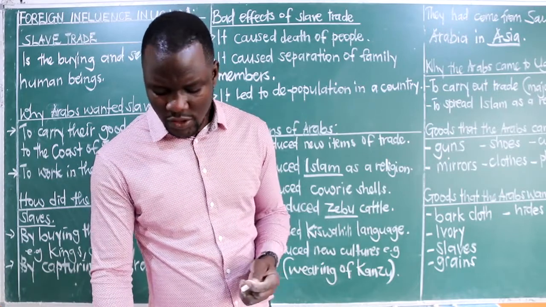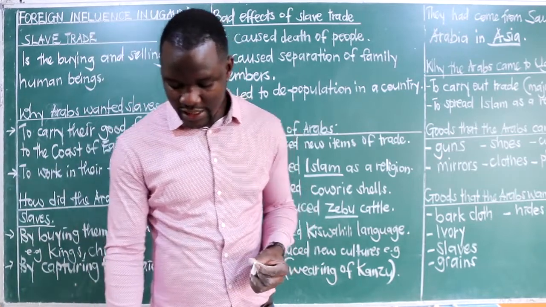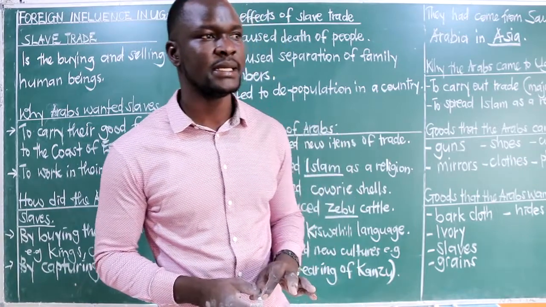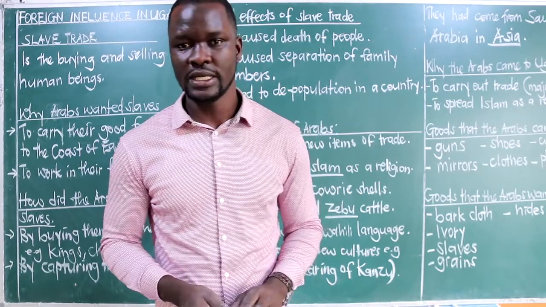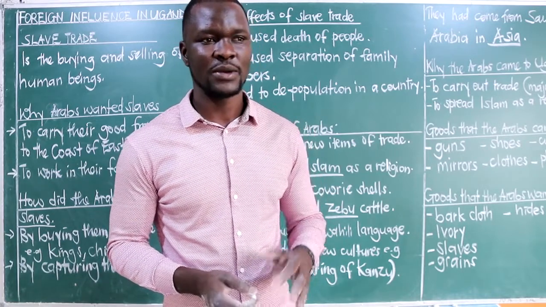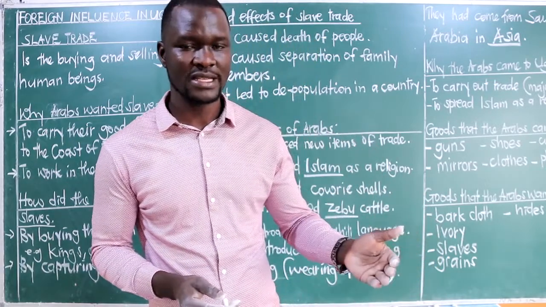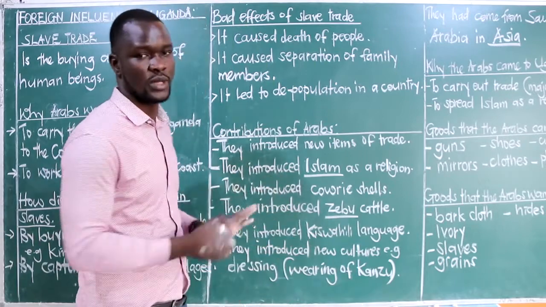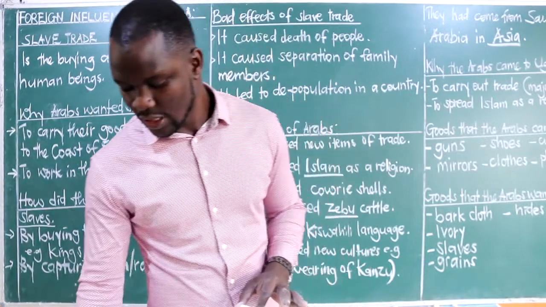Then we also have to talk about the Indians on our page 17. We shall be able to understand that the Indians that came to Uganda mainly came to build the Uganda Railway. We say that we had a railway line which was built from Mombasa, that is in Kenya, and it was connected to Uganda. So that railway, we had the Indians who were called to come and build it.